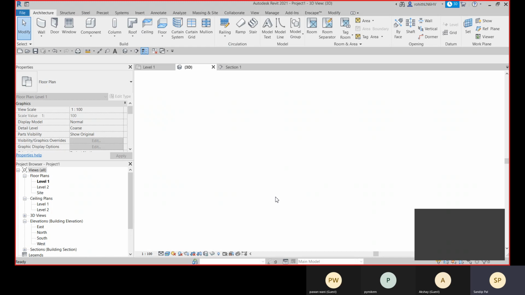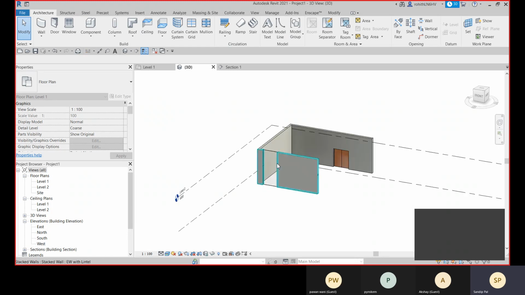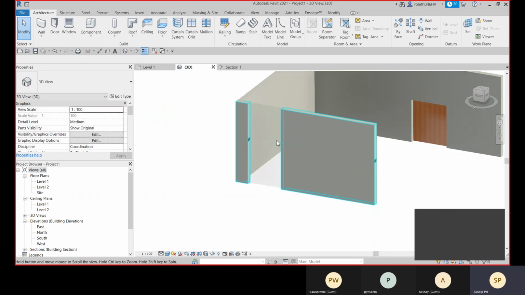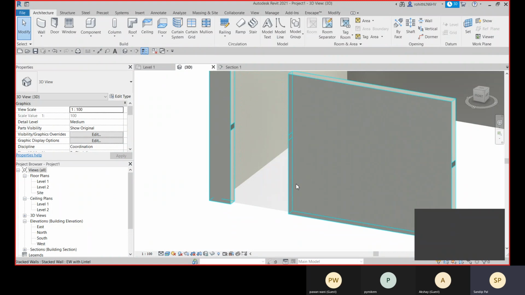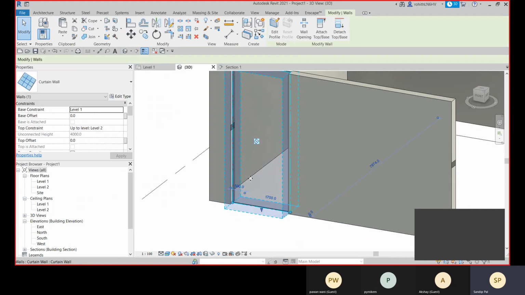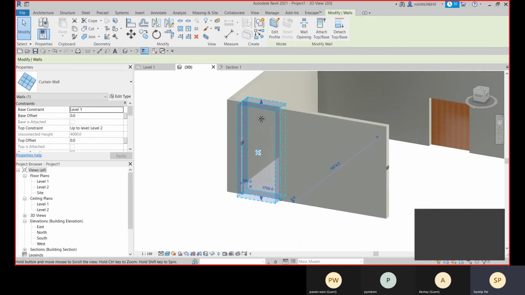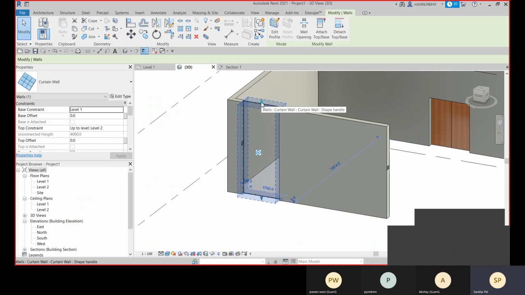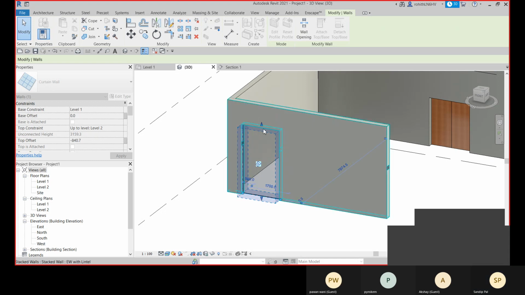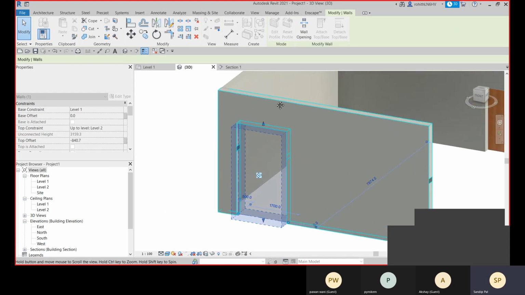So if you go to the 3D, as per its height and length, it cuts the area, and it doesn't only cut, it's also attached with that. If you adjust the height, you see it gets adjusted, the wall also gets adjusted.